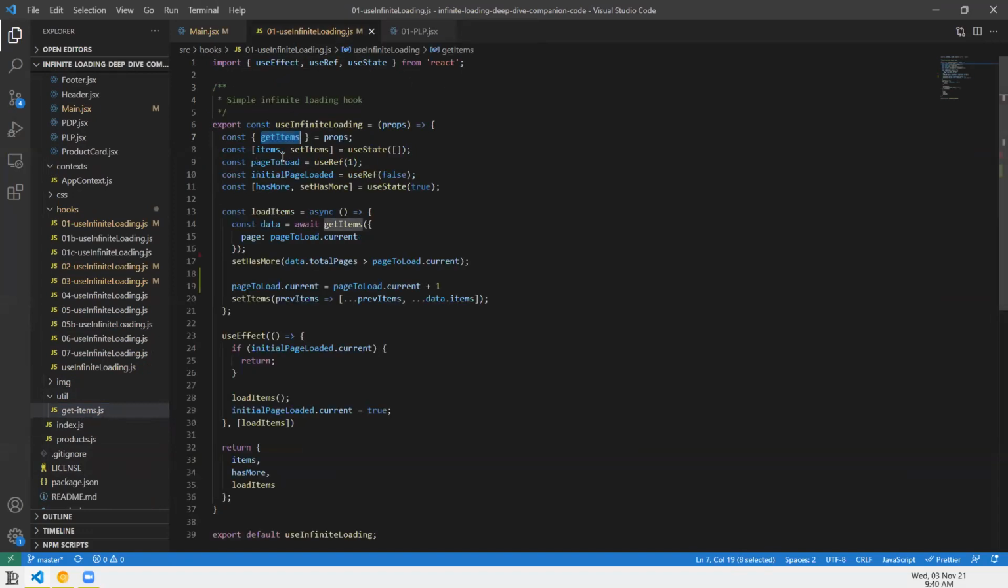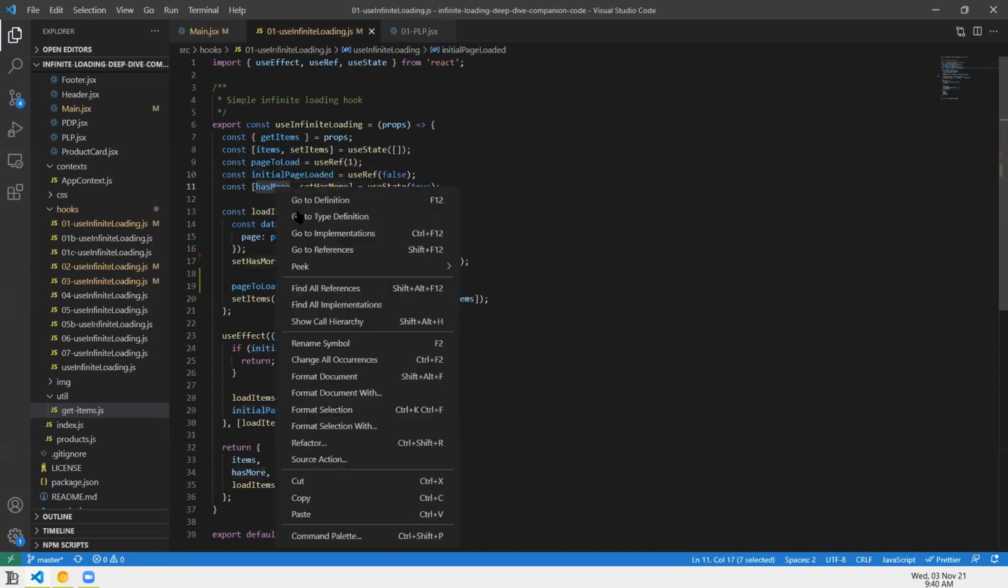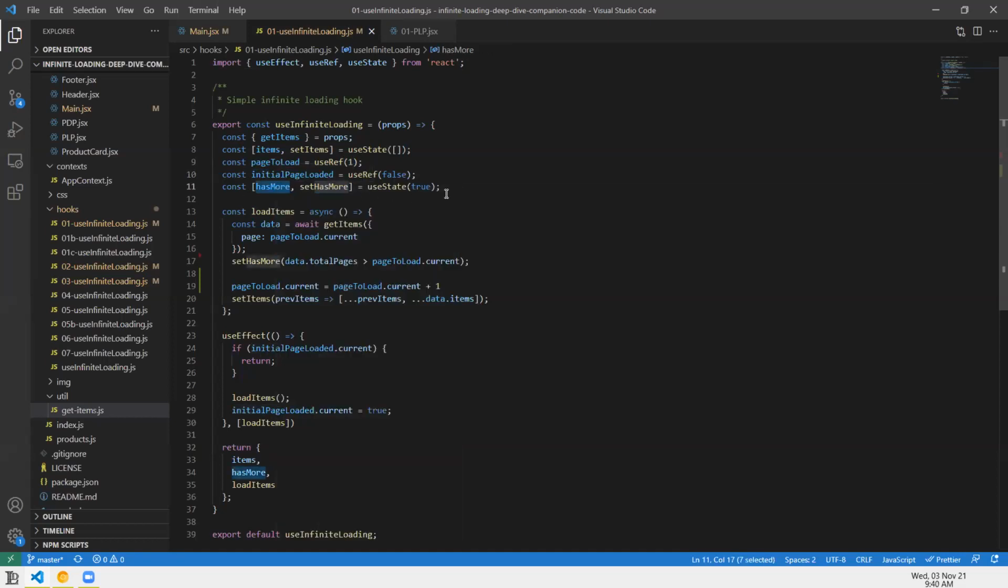So that's that. We set up our state, so items, empty array. We set up the page to load, so we're going to start from the first page. Track whether or not we've loaded the first page. If we don't automatically load the first page, the user is going to have to click the load more button to even get started, which isn't an ideal experience. And has more, this is going to be a Boolean that will control whether the actual load more button